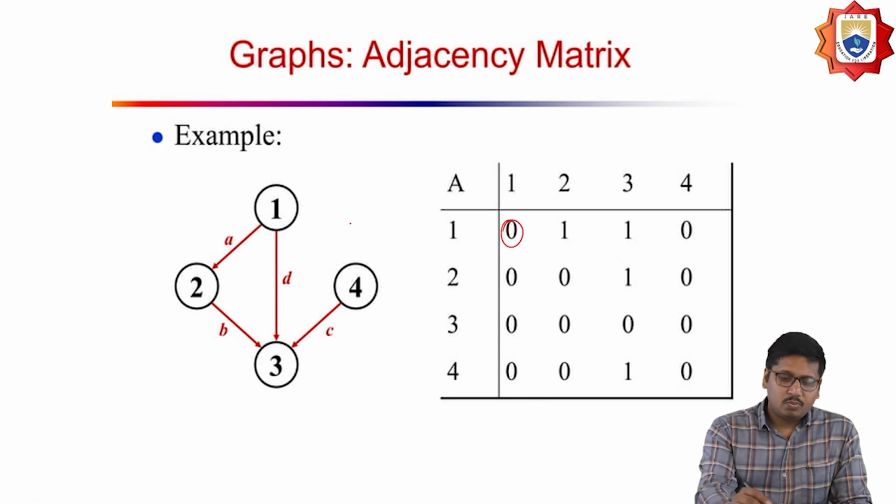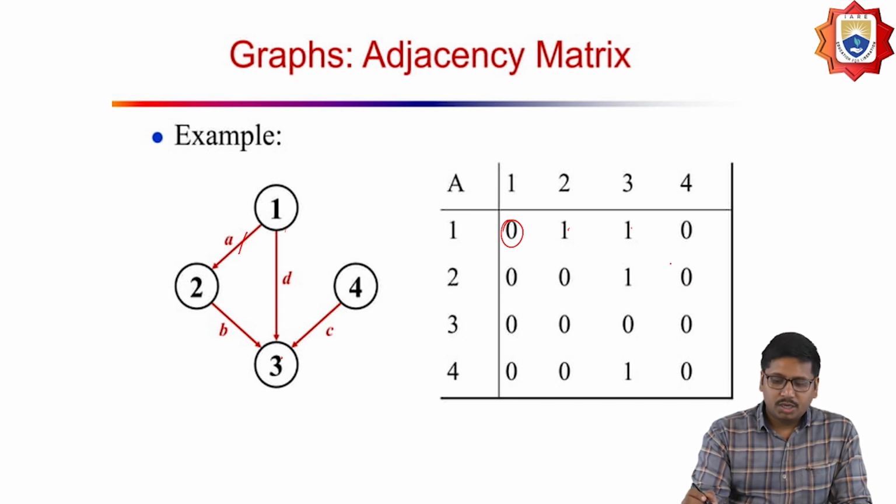And if I have 1 to 2, then an edge is present, so that's why I put 1. Similarly, 1 to 3 should be 1, and 1 to 4 should be 0. So similarly, for 2 to 1 it should be 0,